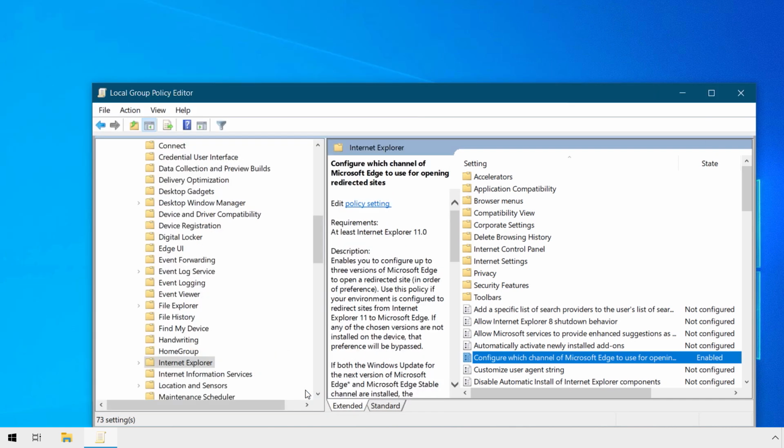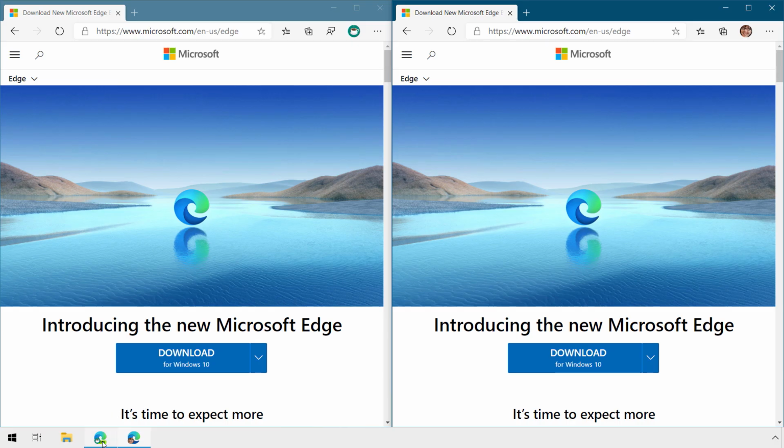And with Edge channels for stable, beta, dev, and canary, you can run those versions side by side. Now, side-by-side installation is recommended for testing and validating capabilities early on while managing risk. And remember that both stable as well as beta channels of Edge are both fully supported by Microsoft. So that was a review of the technology and underlying controls for Edge security, compatibility, and update management.